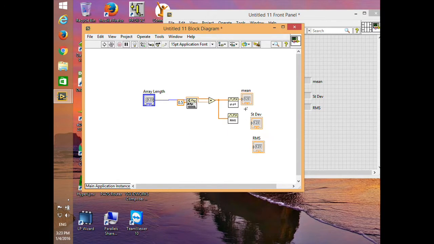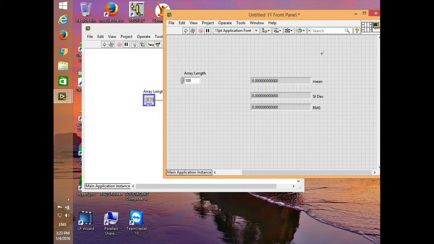And there's standard deviation and RMS like that. So let's go ahead and run this and see what it looks like with an array of 100. We've got a few there, and it's around 0.5 for the mean. But again, if we want to do